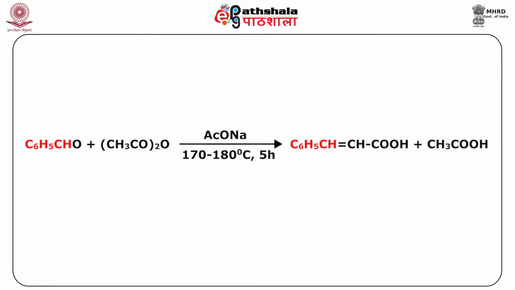But the base used here is not NaOH, it is the sodium salt of the same acid from which the anhydride has been prepared, and we will see the reason why this particular salt is used as a base. As you can see in this reaction, benzaldehyde reacts with acetic anhydride as an example, and sodium acetate is used as the appropriate base,